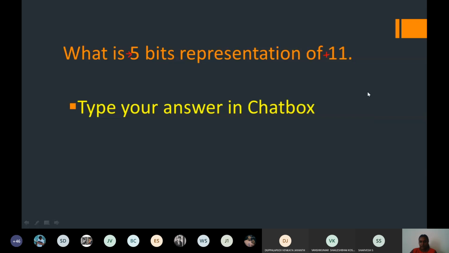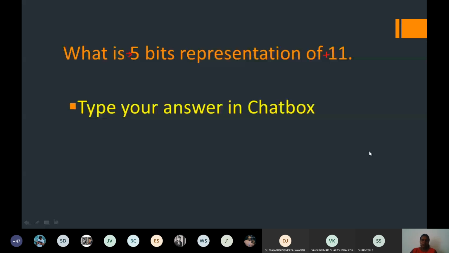I think Rohit came up with 8 bits. I'm asking for 5 bits. What about others? Isha has given the correct answer. Satyan, Adit, Arade, Anupam, Kaushik, everyone has given the correct answer, 01011. Ashwin Morley has given correct answers. Ayush Singh, okay. So everyone has come up with the correct answers. I think one person came up with 8 bits.